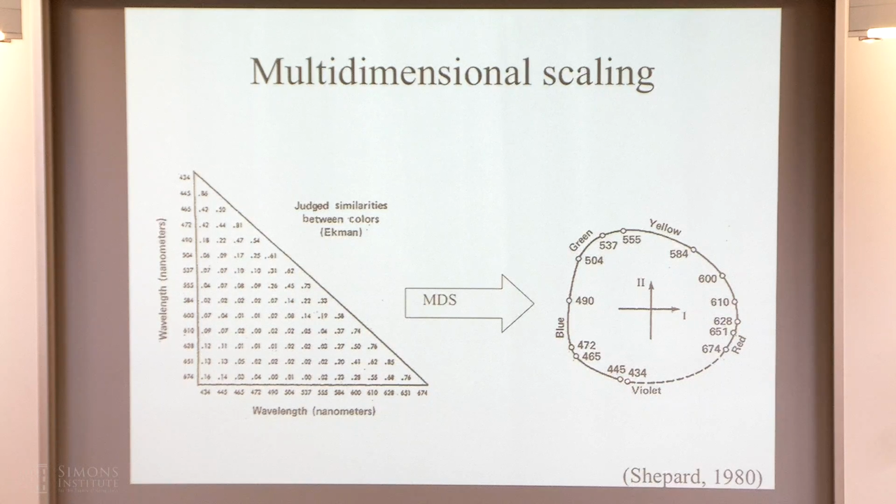So what we're seeing here is basically just taking those similarity data and applying multidimensional scaling. What it does is give you back a color wheel, right? So you have over here violet, blue, green, yellow, round to red. This is the representation that you see whenever you click on changing the colors in a computer program, but it's the representation that makes sense psychologically because it's the way that we perceive the structure of colors, as revealed by something like multidimensional scaling. So this kind of approach of thinking about similarity in terms of distance in psychological space was, as I said, popular but not necessarily universally accepted.